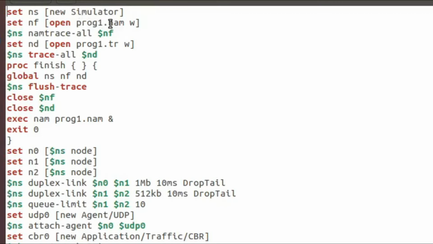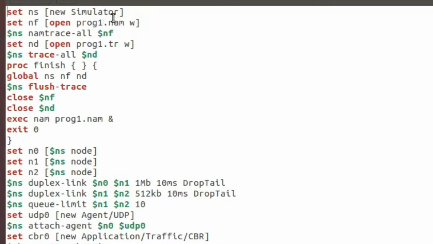Then you need to trace all that happens with this nf file, and set nd as the trace file: open the program $trw, then $ns trace-all $nd.